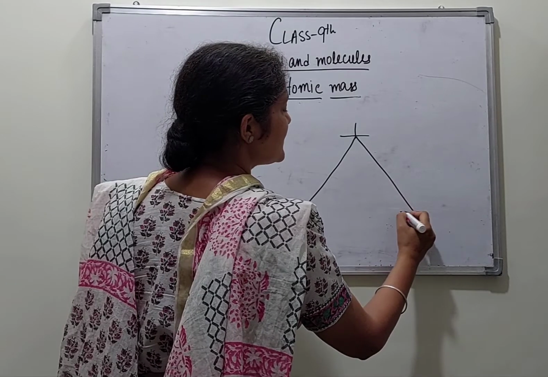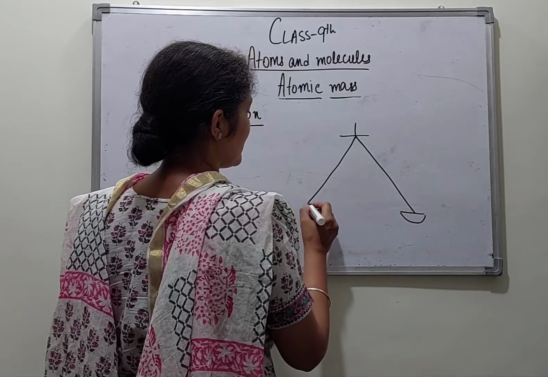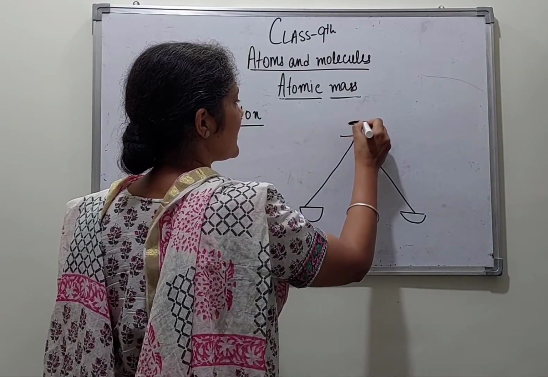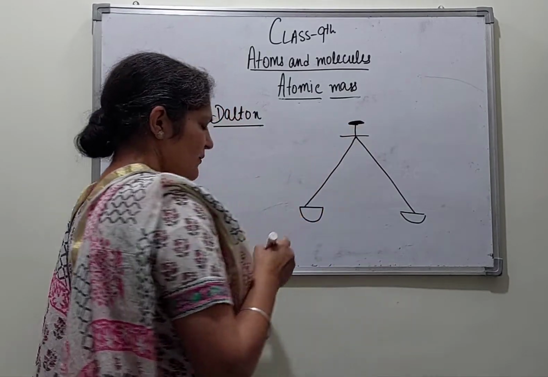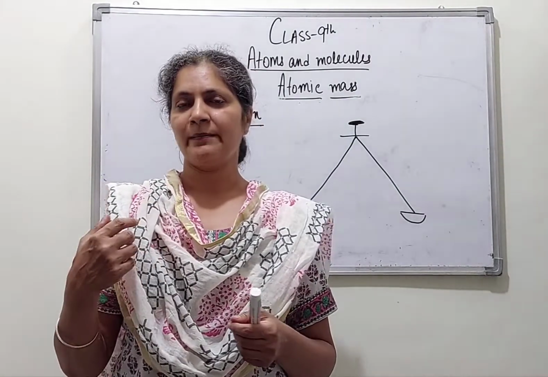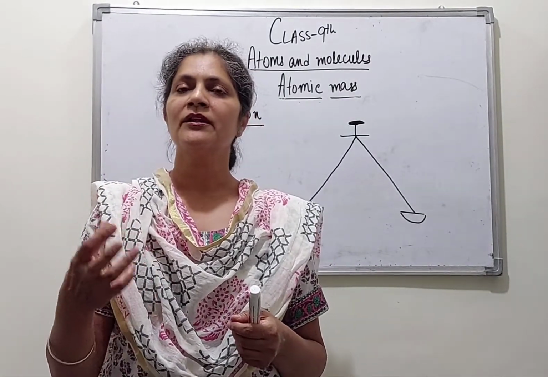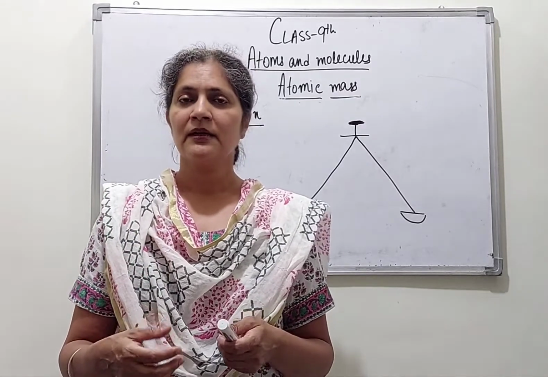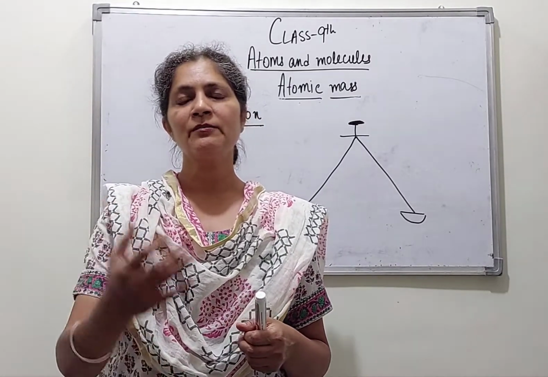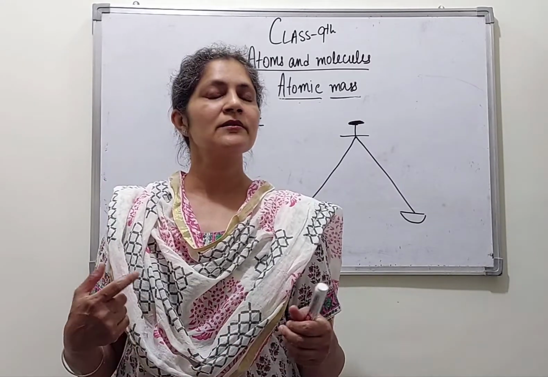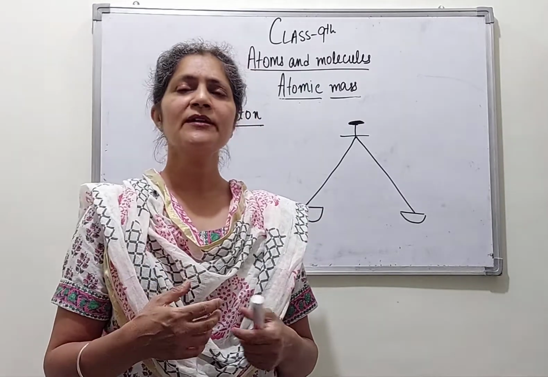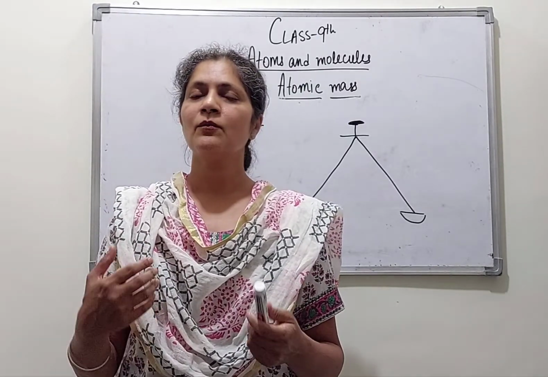These days, these types of weighing balance are not available. Now digital balances are used. Now he has got apples. You want to buy only one apple and you also want to know the mass of the apple. It is very difficult for the shopkeeper to know the mass of one apple because he doesn't have any small weight. Right students? So what did he do?